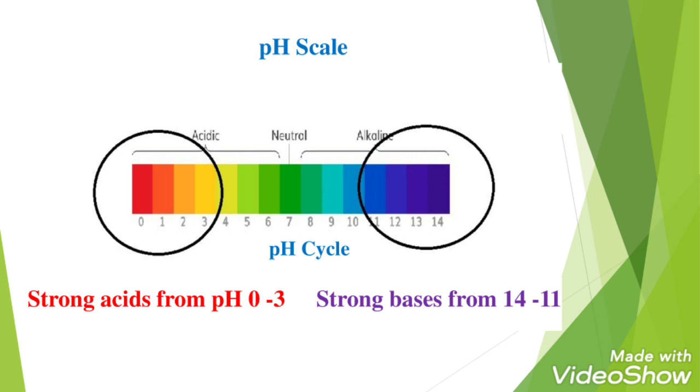Here, from 0, there are two circles, in front one circle, back side one circle. I imagine the first one is one tire of the cycle, the second one is the second tire. So in this way student can learn this pH cycle diagram easily, and they can remember easily which are strong acids and which are strong bases if you practice in this way.